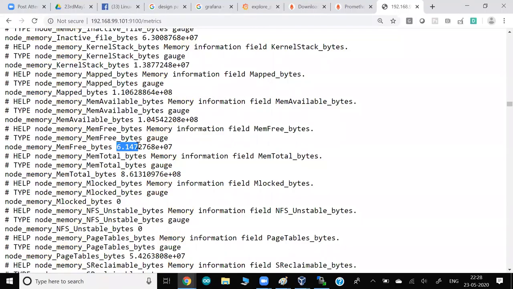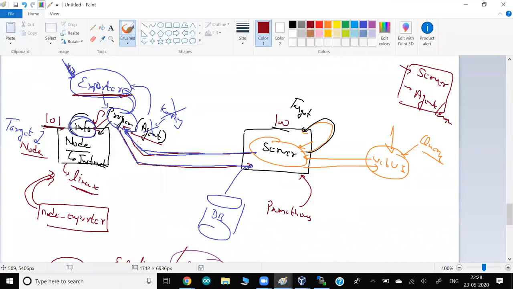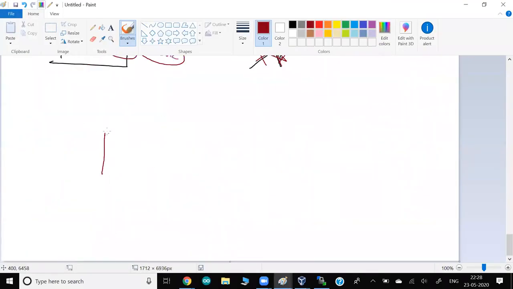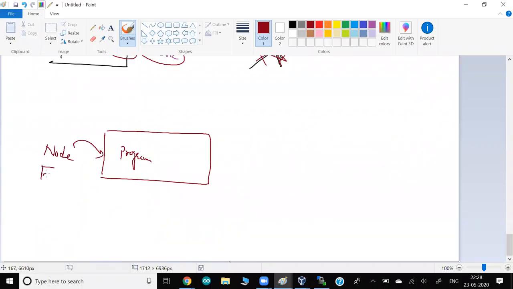So you know what I'm trying to tell you. A lot of people think in this way: in this system, there's one program running, where I'm talking about the node that I would like to monitor, my target. What is this program doing?